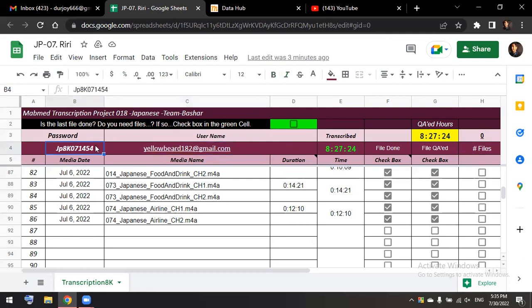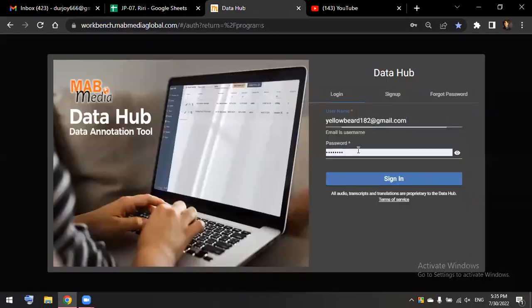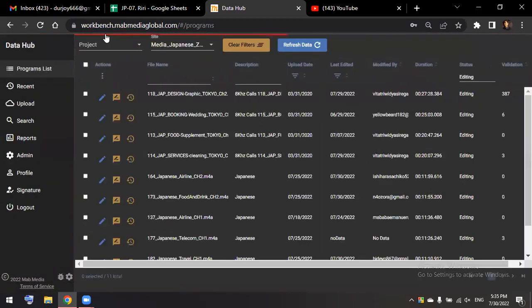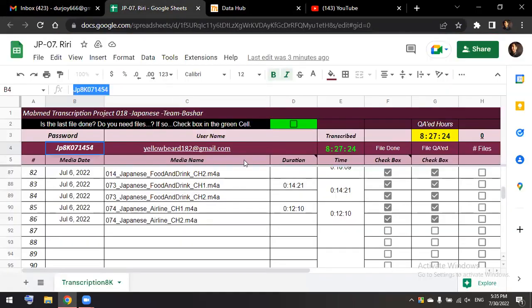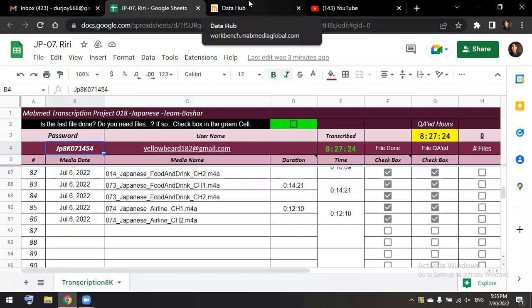Why is it crucial? Because if any person tries three times with a wrong password, then their account will be locked, and it will be impossible for us to unlock it, because that is a server issue. So before login, make sure the password and the mail are correct. If you find any problem, the first time it doesn't log in, the second time it doesn't log in, don't go for the third time, because if you try a third time with a wrong password, then your account will be locked.